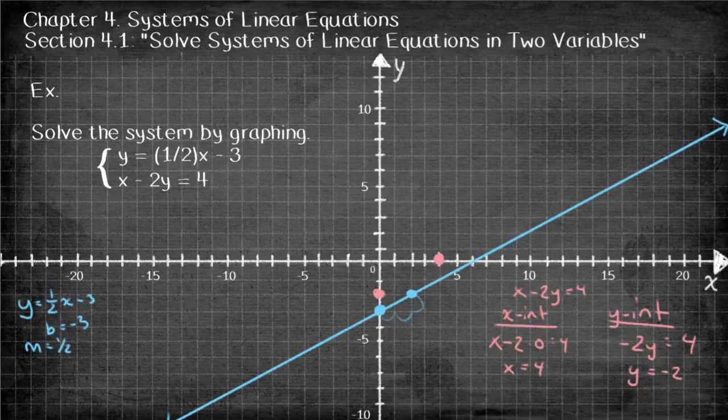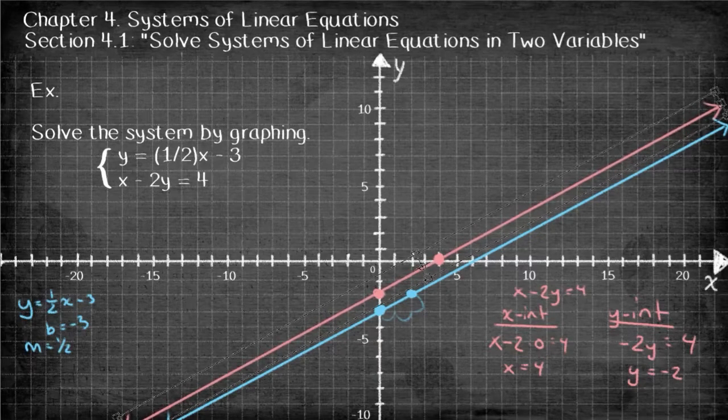Okay, then I just graph. Now remember, I'm looking for where these lines intersect, but these guys are parallel. So actually, since they don't intersect,